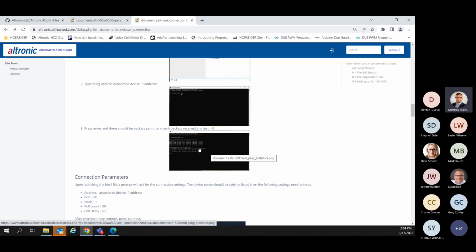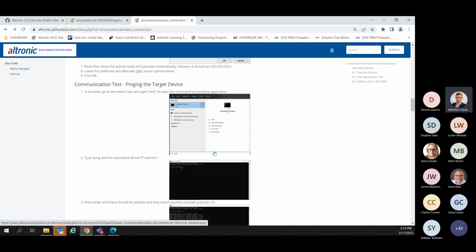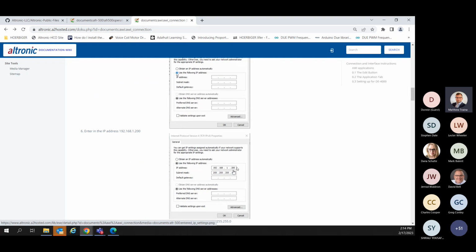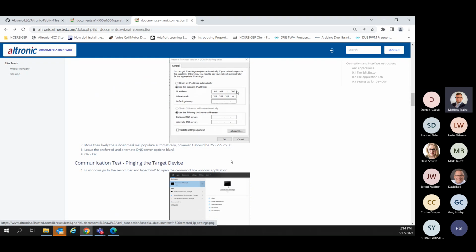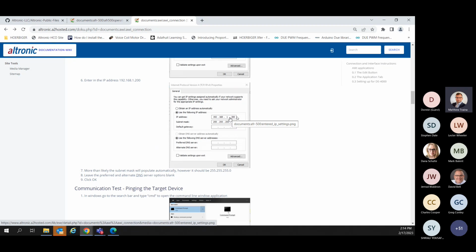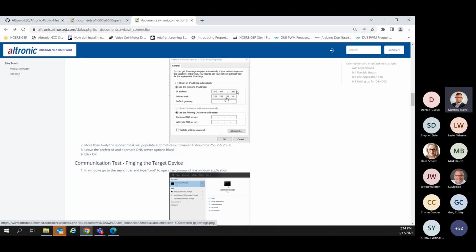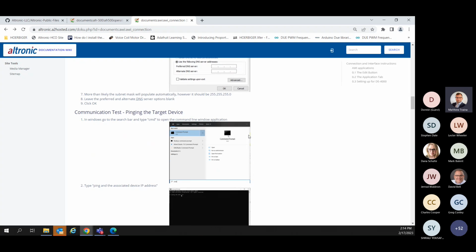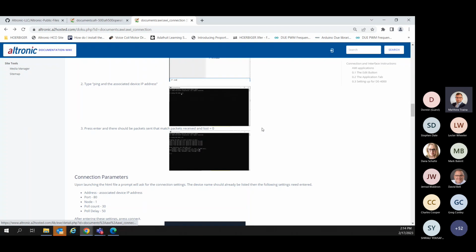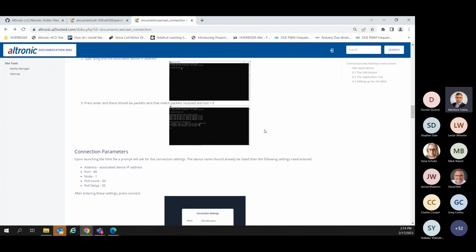In the case of the guys in South America, they actually pinged it and it worked, but they ended up changing their own PC IP address from like 200 to 199. And this actually worked for me. I don't know, maybe there was some conflict on their device, but they said, hey man, we tried your document and it works great. I can ping it, but the thing doesn't come up. And then they changed it to 199 and then everything worked. So not entirely sure what happened there, but